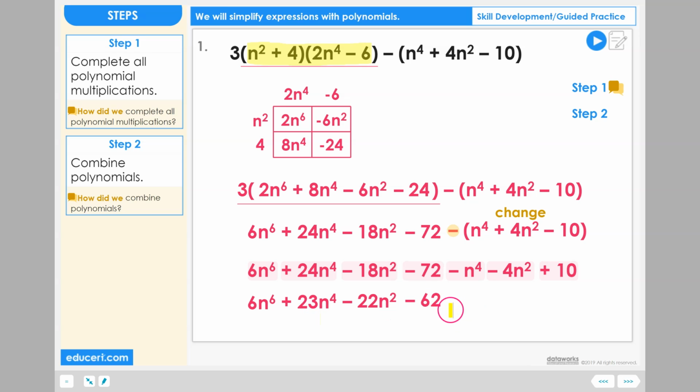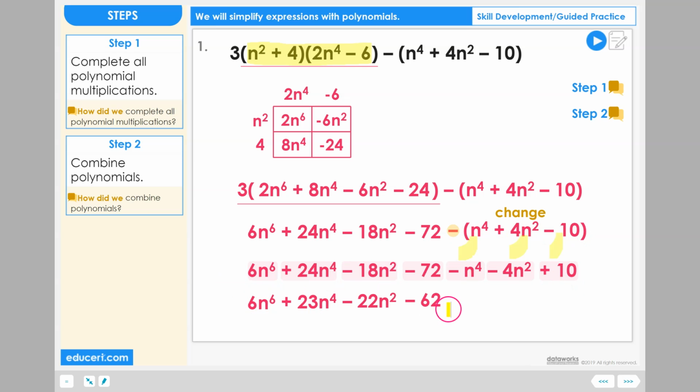How did we combine the polynomials? To combine the polynomials, we needed to make sure that every term was outside of parentheses. We remembered our keep-change rules when taking terms outside of polynomial parentheses, and then we look for like terms and